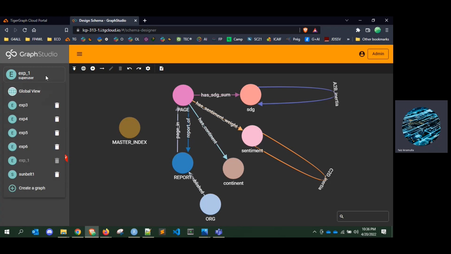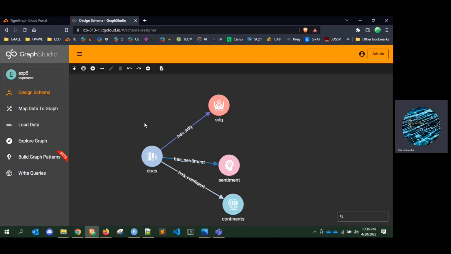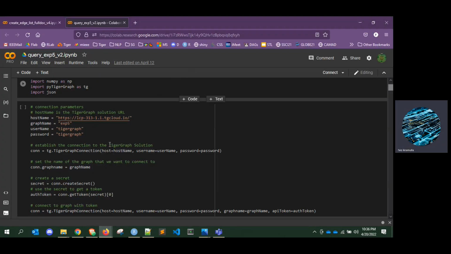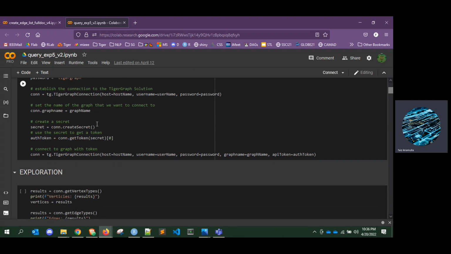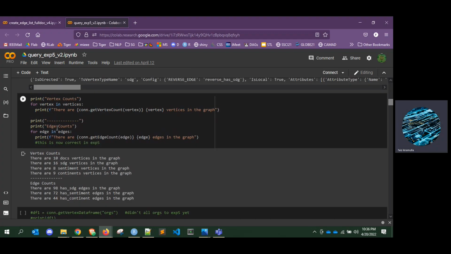A functional demonstration of this type of approach, I'll pull it up here and demonstrate, where the docs is the main node, SDGs, sentiment, and continents. I'll briefly show here the query development process using PyTigerGraph in Python. Here we can see we can extract the vertex and edge information, the number of vertices and edges in this particular graph that comprises 10 documents,